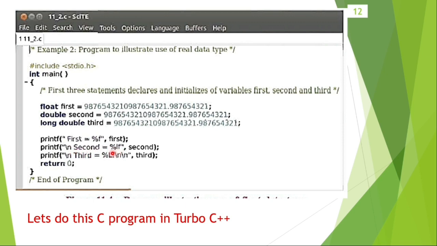Now the next is printf, and \n is for the next line, and second equivalent to %lf for long float. Okay, now we will write the variable, same, second here and second here. Now again printf \n, that is for again the next line. Now here, for the long double, third, we will use third equivalent to %LF